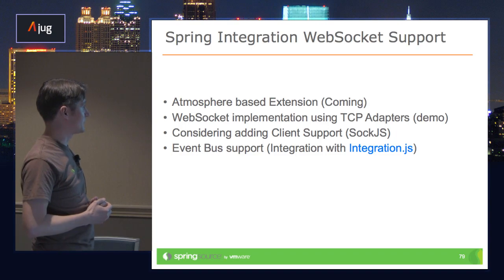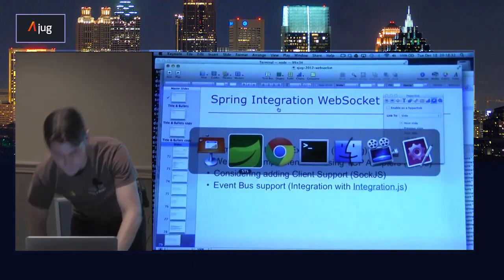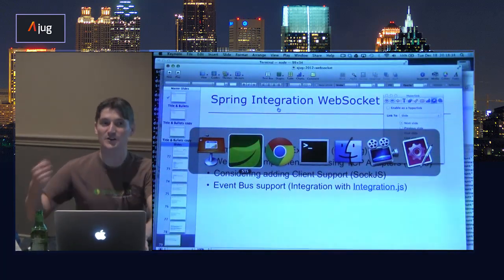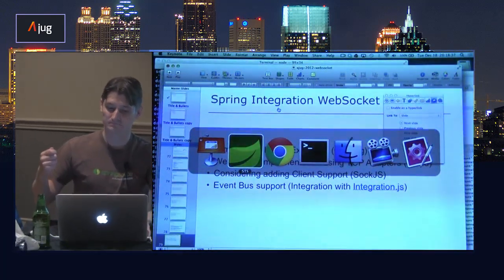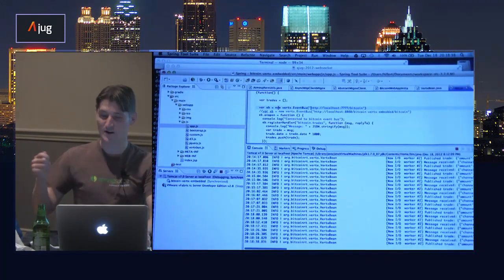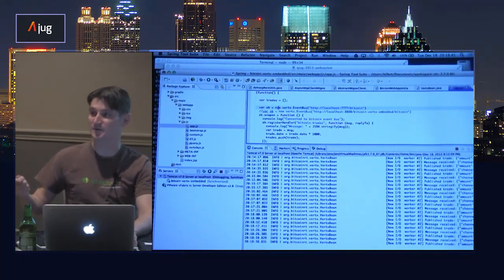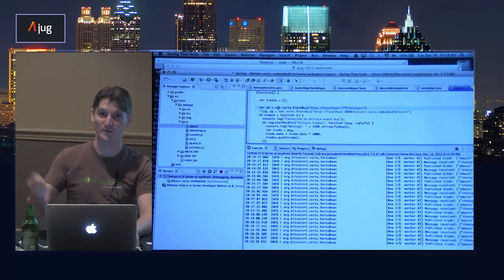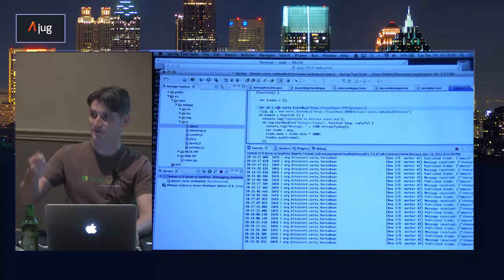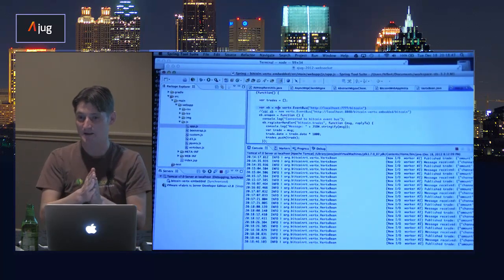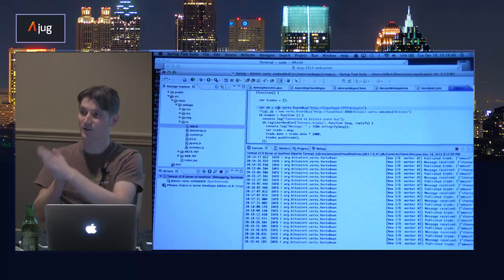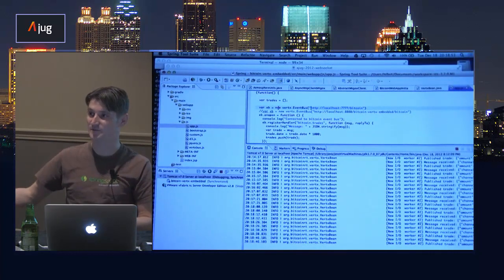I have one interesting demo, my last demo. In Spring Integration, we also have somewhat underappreciated TCP/IP adapters. You can open up sockets within Spring Integration, listen on that port, receive messages, etc.